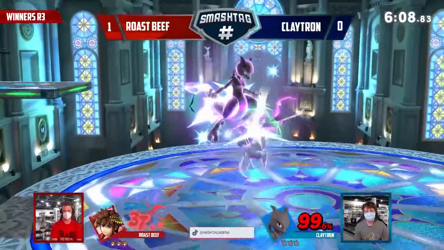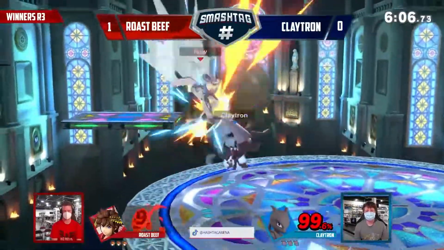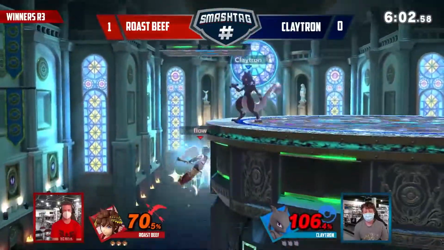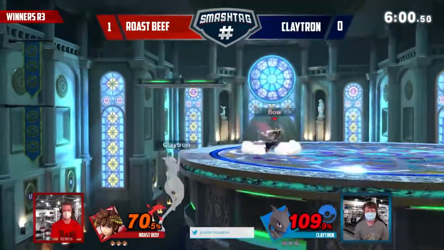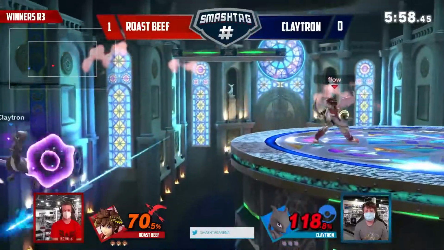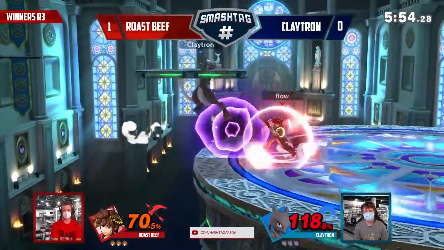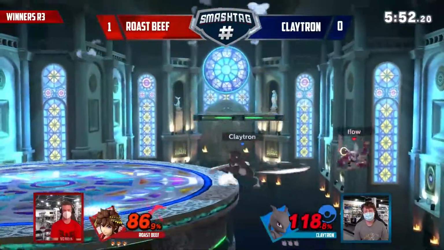Ooh, okay. Try to get that roll read on the get up. Very good down tilt on the tech roll in. Now Claytron in a bit of a situation here where he can start doing some damage of his own. That tail just punishing him for rolling onto the stage, though. Yeah. Ooh, good mix-ups on the...